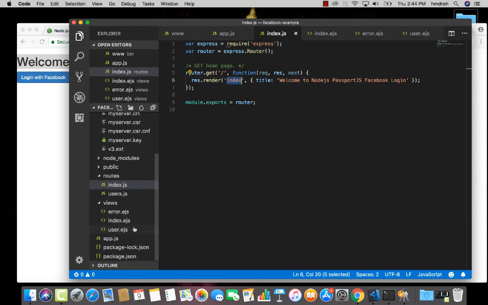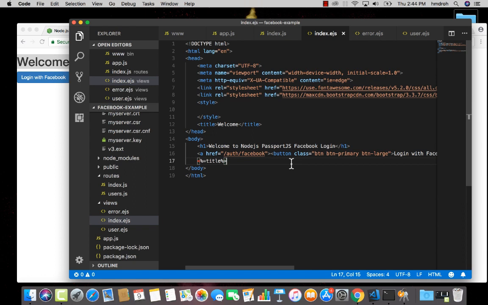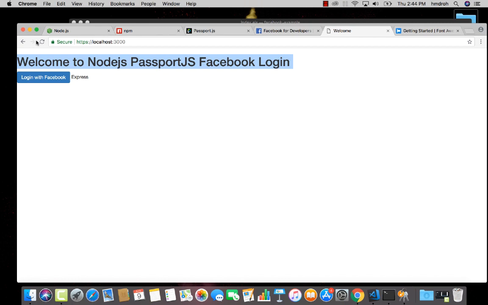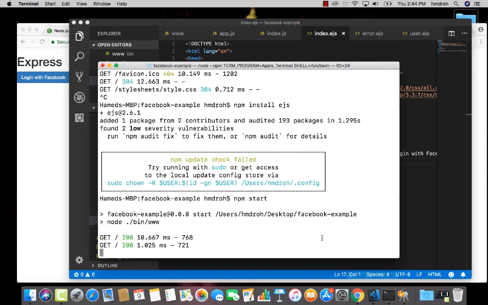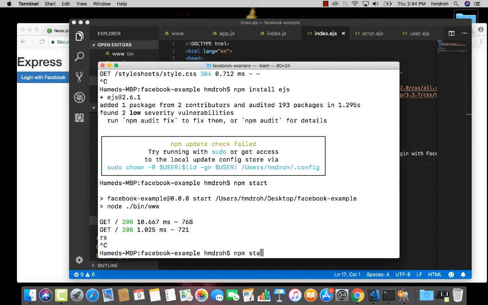So I'm going back to my index file, and actually I will use this title, clean that, paste that, save that. I don't need this here. So refresh, save that, and we need to restart npm, Control C, npm start again,